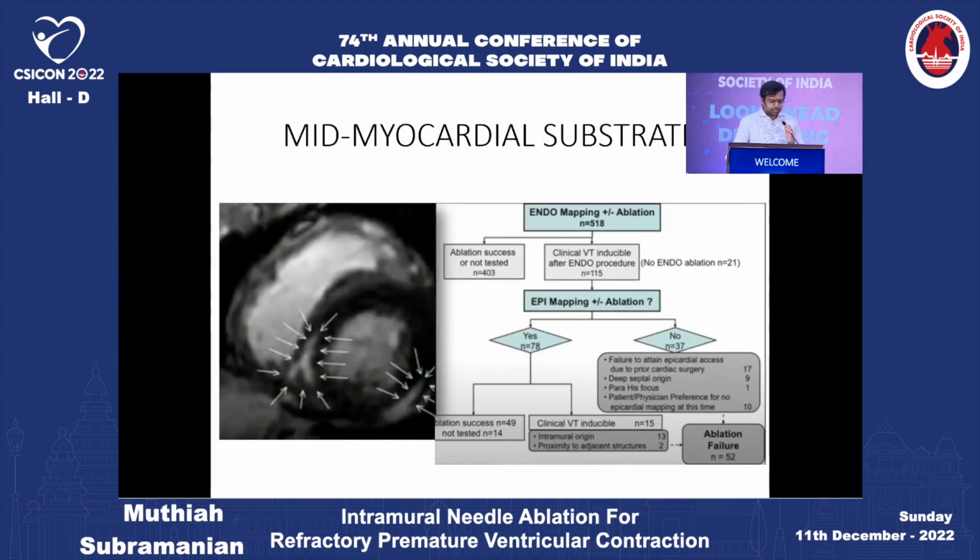So an intramural or mid-myocardial substrate is common, and the problem is these patients sometimes now, with the advent of MRI, we are picking up these patients who are having a mid-myocardial substrate. This is more common in patients with non-ischemic cardiomyopathy. And what has been shown is the traditional endocardial ablation techniques and epicardial ablation techniques, you still fail in roughly